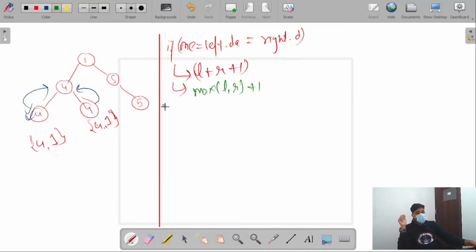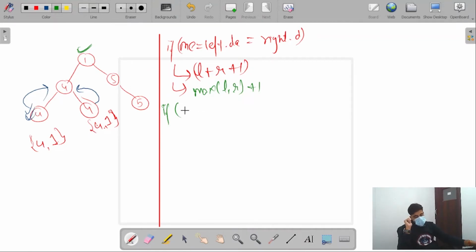Similarly, the second case that arises: what happens if the parent data is dissimilar from its left child and right child? Let's understand it with this one. Here you can see that this one's children are this 4 and 5. This 4 returns some data to its parent, that is this one, and this 5 returns some data to its parent, that is this one. The moment they start returning the data, the parent comes to know that both of my children, this 4 and 5, have a different value node.